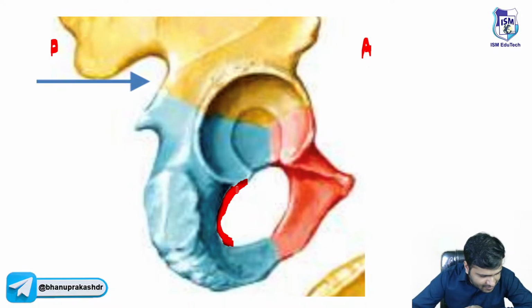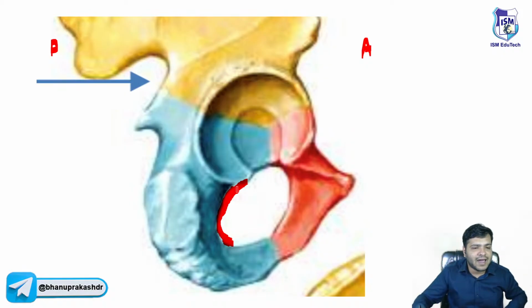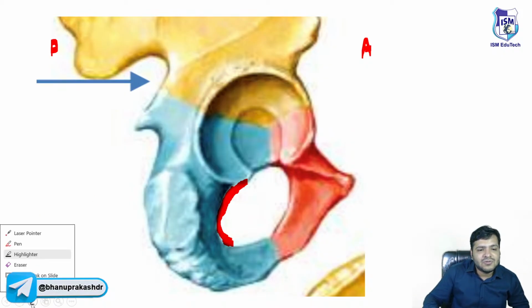It is forming which part of the obturator foramen? Obturator foramen का anterior part है, posterior part है, कौन सा part है? You guys are going to tell me. Yes, Kriti, very good beta, यही मुझे चाहिए कि तुम लोग को थोड़ा सा आइडिया हो या थोड़ा सा ओरिएंटेशन का आइडिया हो।